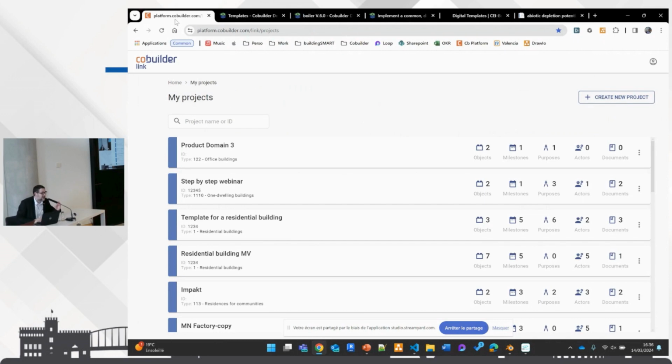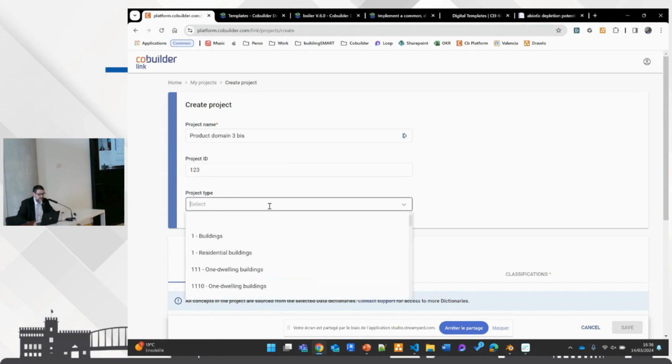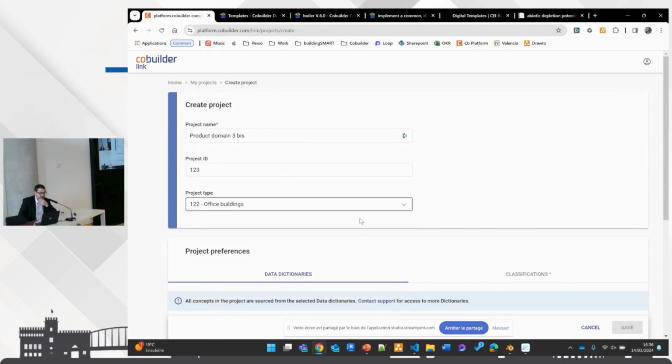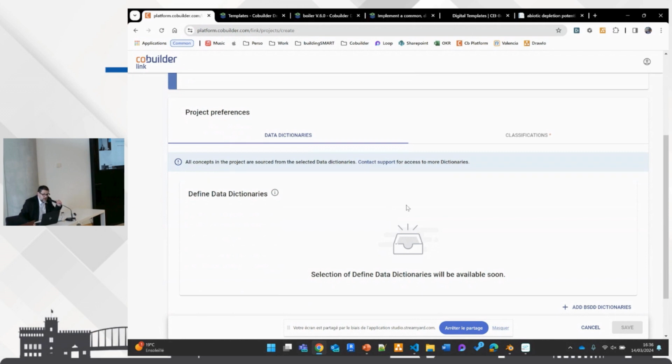So let's see what to do with those data dictionaries. We have seen how to manage them. We have seen how to publish them, where they are, and we will create a new project. I will call it product domain 3, because I already have one. I can have a project ID, my favorite one is 1, 2, 3, and let's say that that's an office building. First thing I have to do is to tell, do I want to